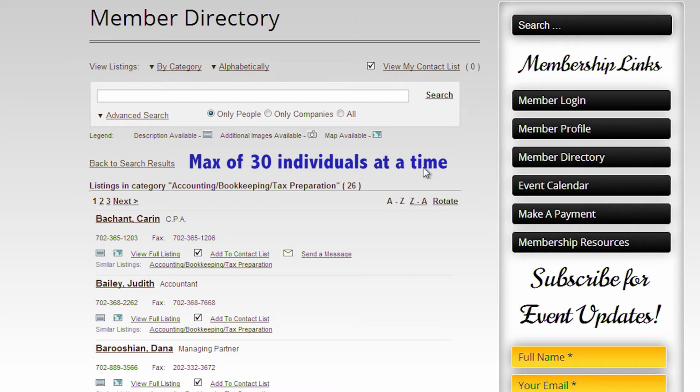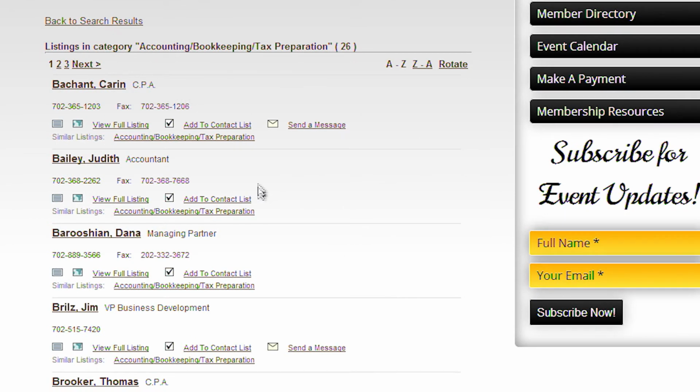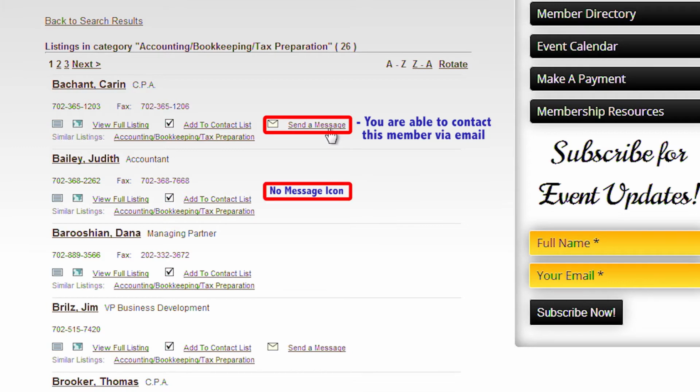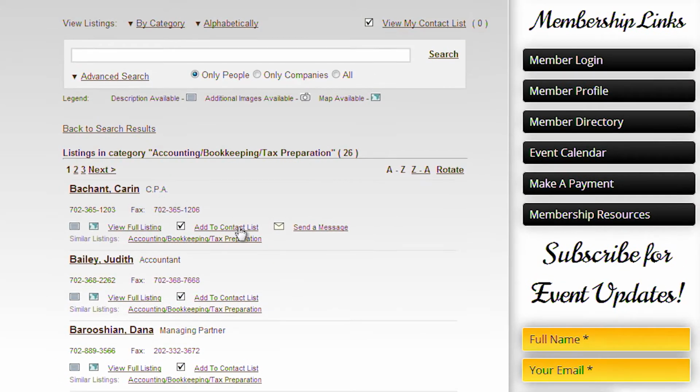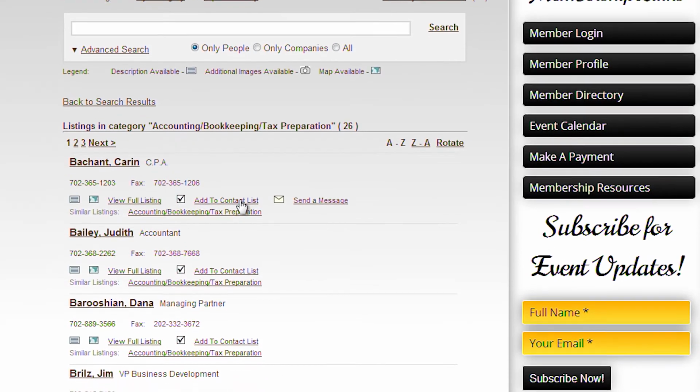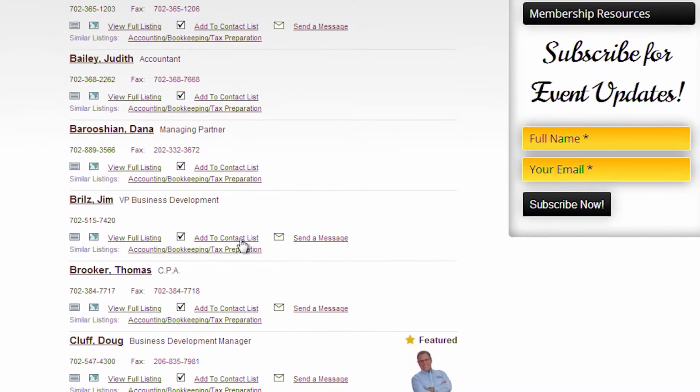So I'm going to select 5 individuals for this example. If you see send a message, that means that they do have their email on file and you can send them a message. If they do not have the send a message icon in their profile, it means you cannot contact them via email. You can only call them. So let's go ahead and add Karen, Jim,